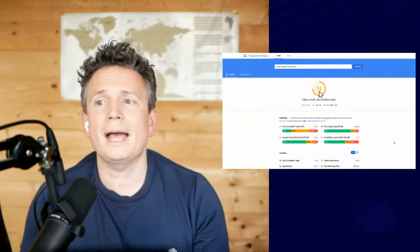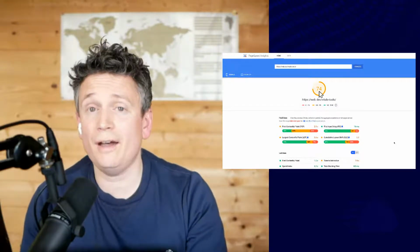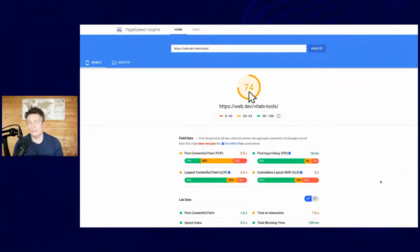Now, to be fair to Google, I took this screenshot a few weeks ago, and when I tested it not that long ago, the performance score was higher, and they did pass the Core Web Vitals assessment. Now, below that, you've got two sets of data. The first is field data, which not everyone will get for their website. If your website isn't that known by Google, and Google doesn't have much sample data for users on your website, then it won't come up with any information here. And that's okay, but what you'll need to do is look at the lab data. And the lab data is basically a live test from when you ran the URL to straight after. So the lab data is really good when you want to check to see if any changes to your website have actually improved your performance